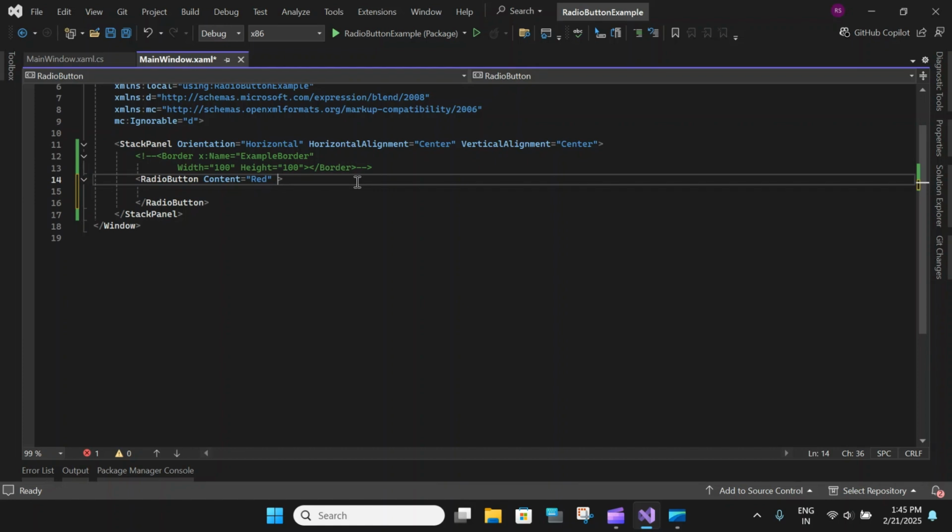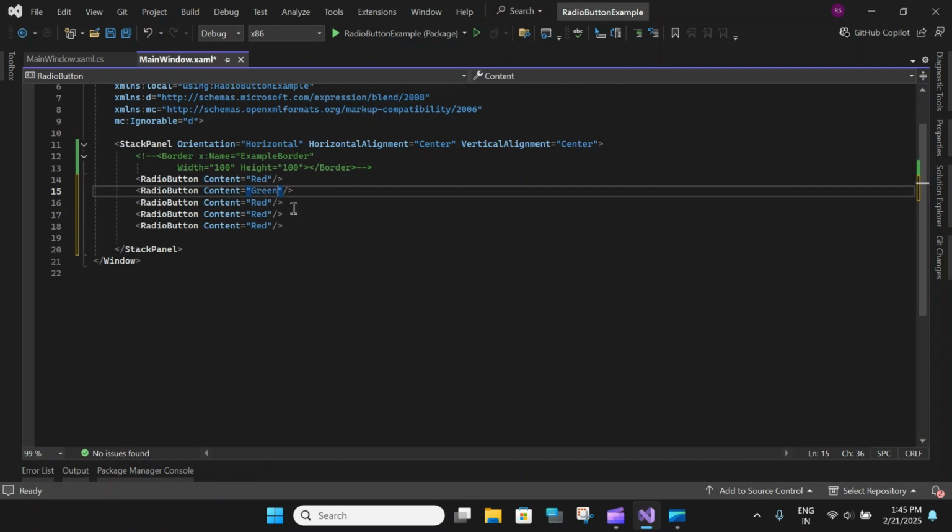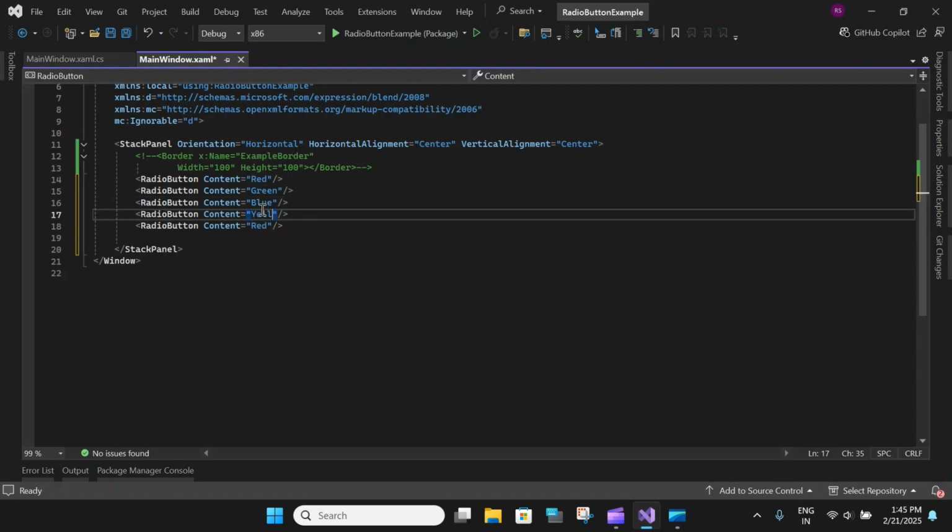And let's say this is our radio button, and close this and copy this several times. And let's change this to green, blue, yellow, black. And when I run this,